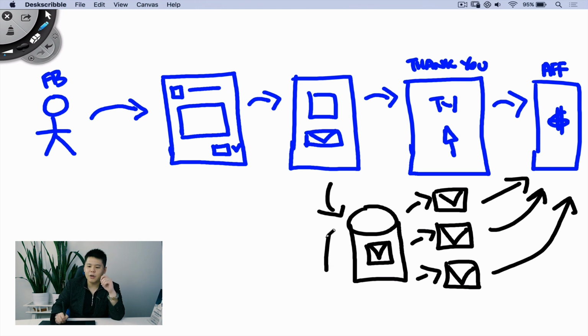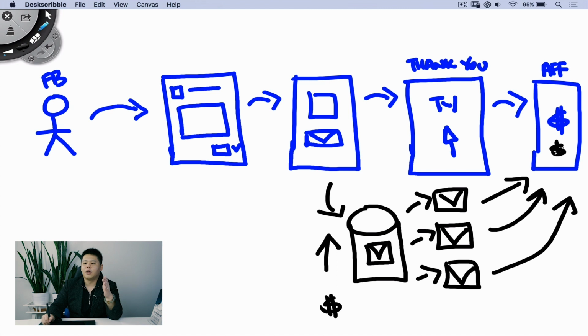So the bigger your email list is, the more money you are going to make, flat out. And that's why it is an asset to the company and to your business. Because again, every single email that you send, every click that you get may potentially lead to more sales. And that's how email marketing works.